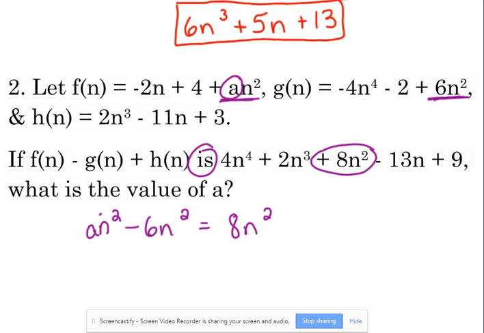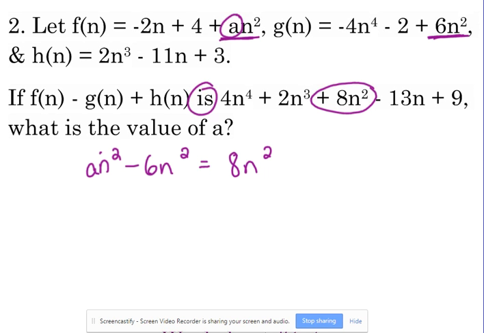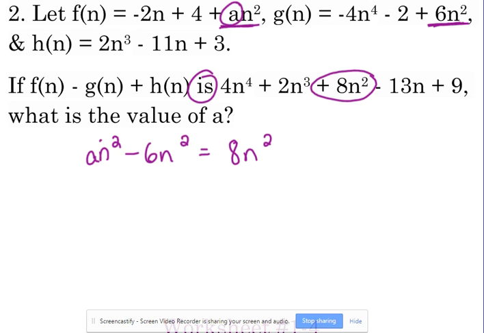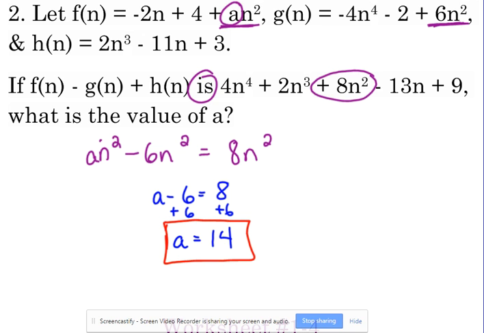So what was a? 14. Okay, a was 14. If you don't see that right off the bat, get rid of the n squares. You really don't need them right here. It's just a minus 6 equals 8, so add 6 to both sides, so a is 14. Okay, a is 14. So here's an example of a problem that's got a whole bunch of stuff to it,